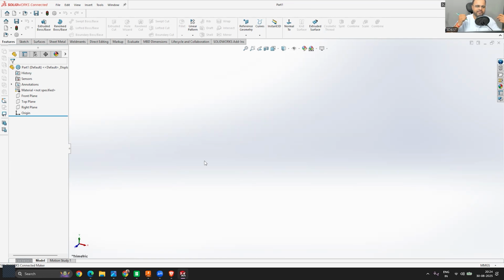Because whatever time we are spending in designing or creating anything, you don't want to lose that time. If somehow the software crashes, we'll have the data backed up in our PC, right? Because it's an offline software, you can save all your files only on your PC, right? There is no cloud system or anything.